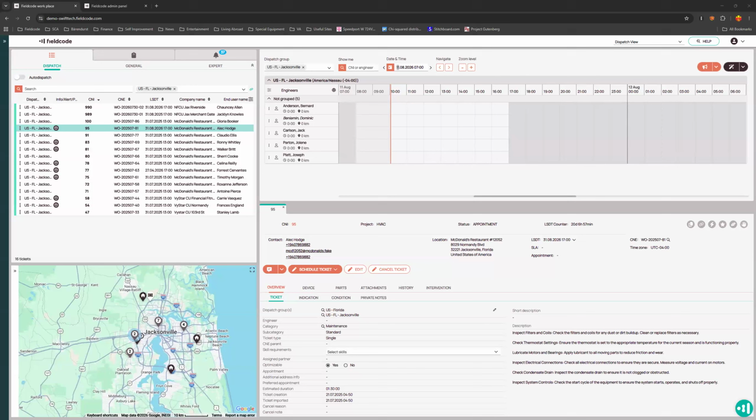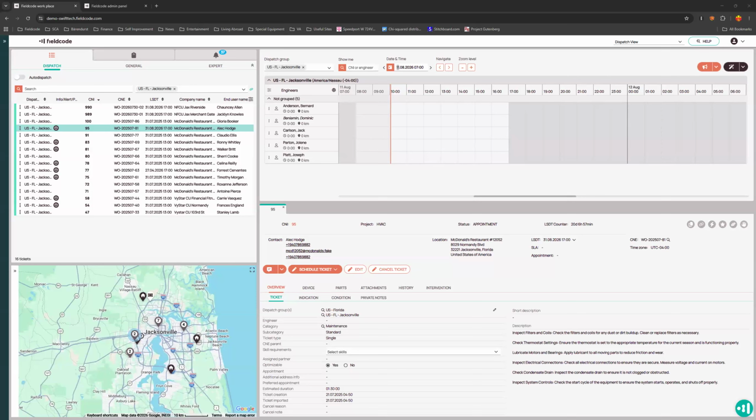We've got a lot of great stuff this time, honestly. I'm really happy with some of the new changes to Fieldcode. I think they're really going to improve the way you guys operate with Fieldcode. I hope you feel the same way. And of course, let us know what you think of these changes so that we can continue to make improvements